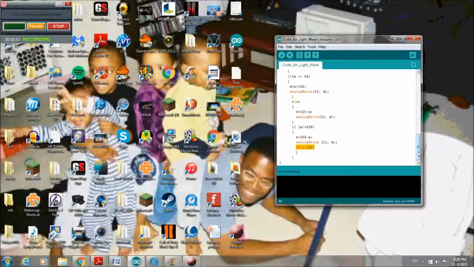So next we set our else statement right here. This is for when A is not less than or equal to 192. Let's just say A is 200. So for that, we're going to set our equation B equals 448 minus A. The whole reason we do that is we need to have a negative slope going down, because when A hits 192, then B is going to start going down because it's already reached 256. Then we make sure we have our analogWrite